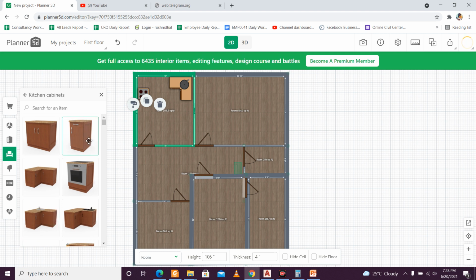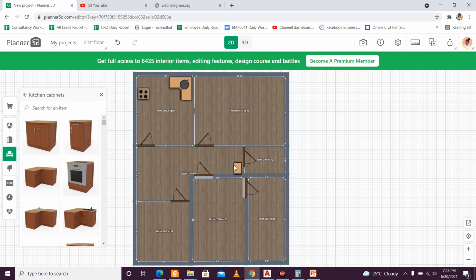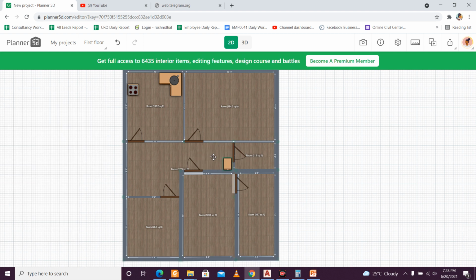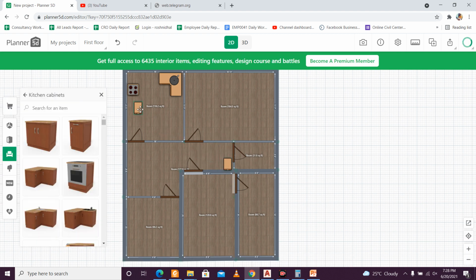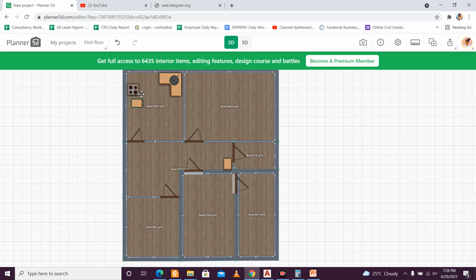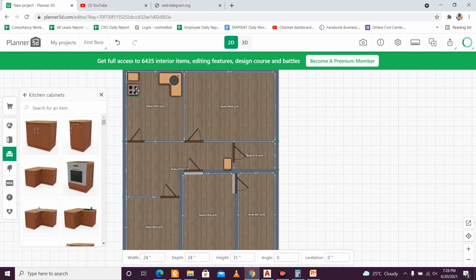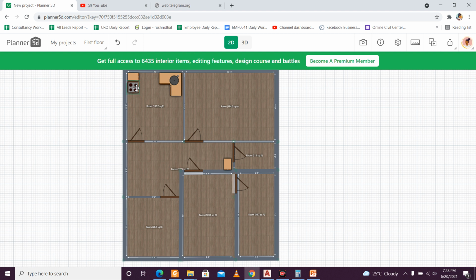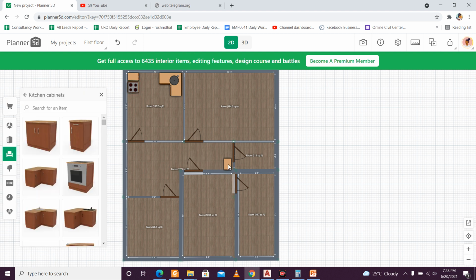So I'll just use this one. I'll just rotate it first, and I'll place it as a kitchen top. So I'll use it as a kitchen counter.